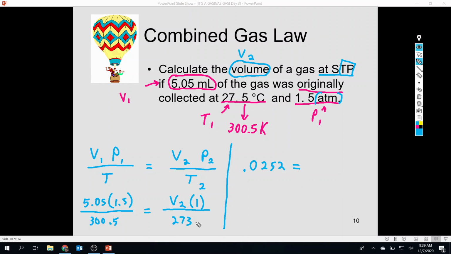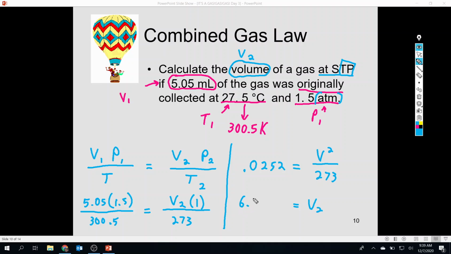And that is actually going to be equal to V2 times 1, which is V2, divided by 273. Now, since these are divided, we will need to multiply in order to separate them. So I will take this number and multiply by 273. And when I do, I will get V2